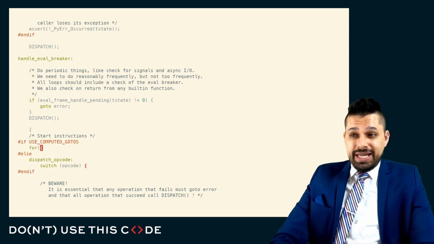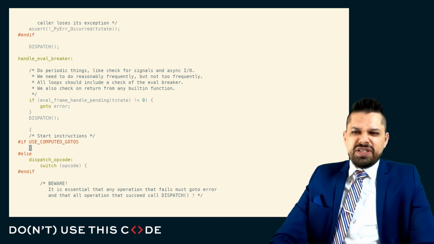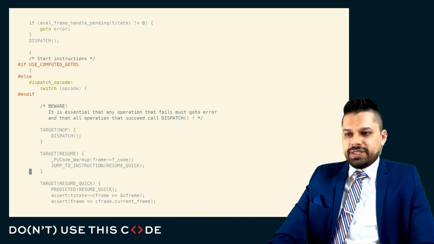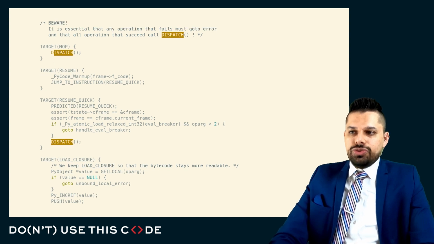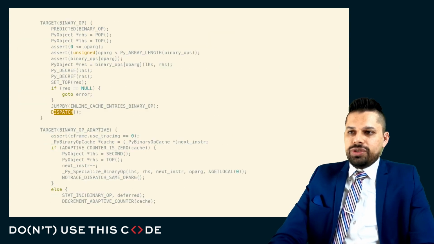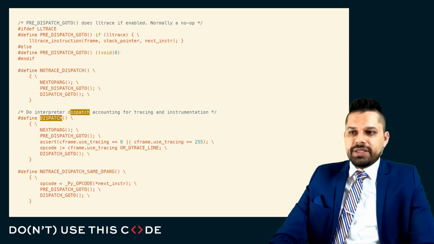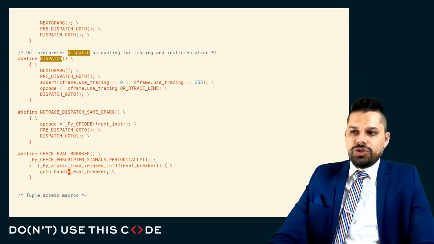Historically, this was implemented as an actual infinite for loop, but now they have these computed gotos. So whenever you see this dispatch, this thing here is actually a goto. If you dig through this enough, you'll see where this is defined, and you'll see this is an actual C goto statement that goes to the top of the loop.